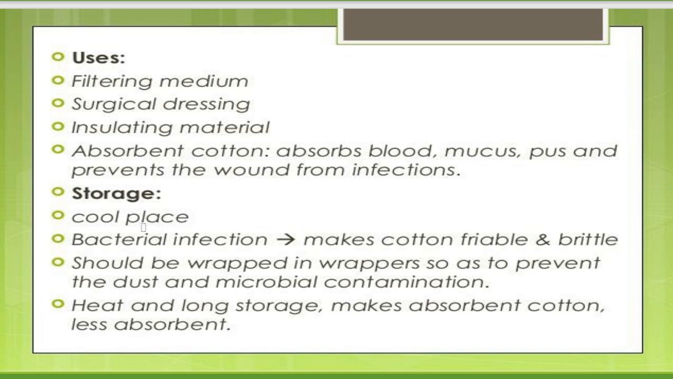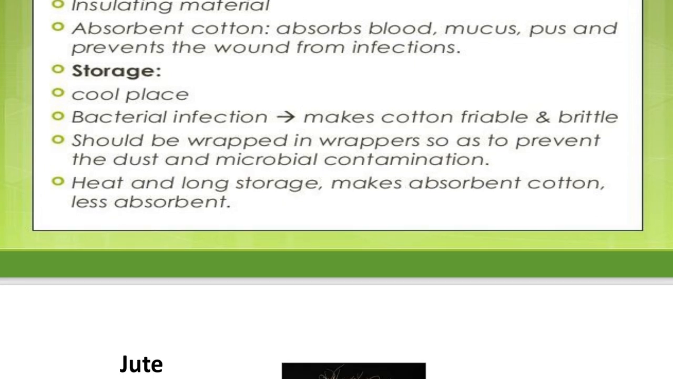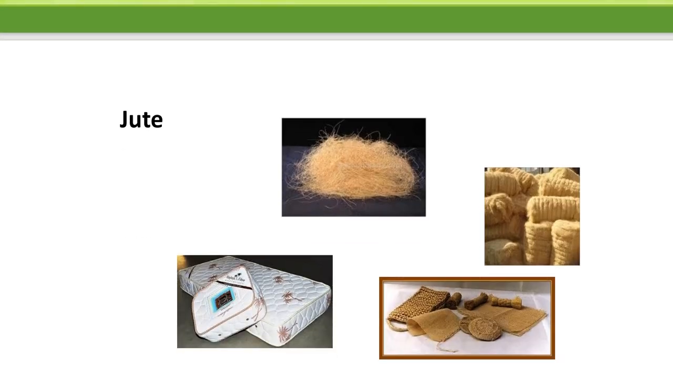kept in cool and dry place। बैक्टीरिया, और अगर बहुत टाइम तक वो वेट है तो देयर आर चांसेस ऑफ फंगस ग्रोथ, ओके, और बैक्टीरियल ग्रोथ। बैक्टीरियल इन्फेक्शन जो होगा दैट मेक्स कॉटन फ्रायबल एंड ब्रिटल, should be wrapped in vapor so as to prevent the dirt and microbial contamination। As I mentioned, heat and long storage makes absorbent cotton less absorbent, so it should be kept in cool or dry place। Next is a jute। As I said, you